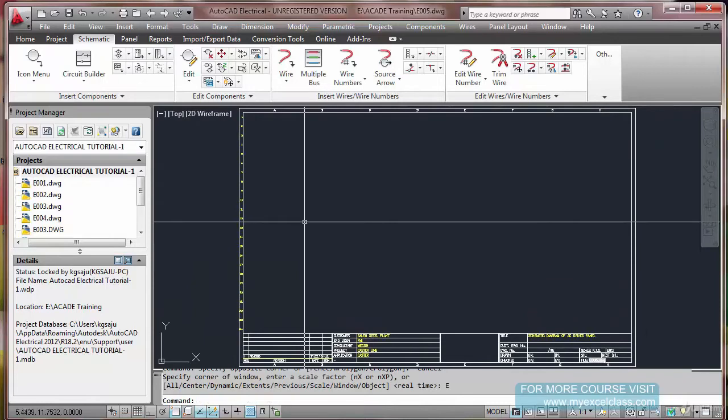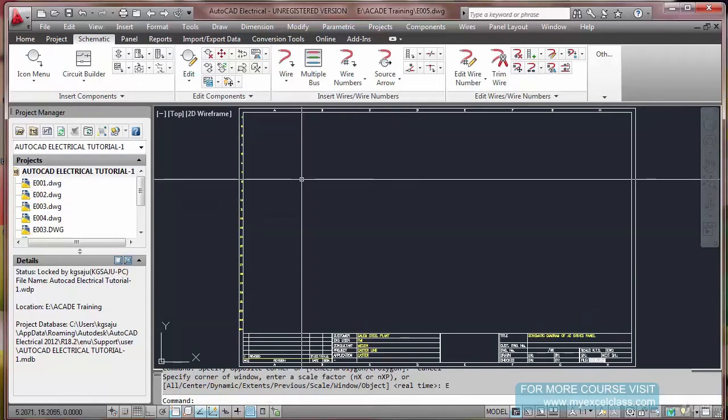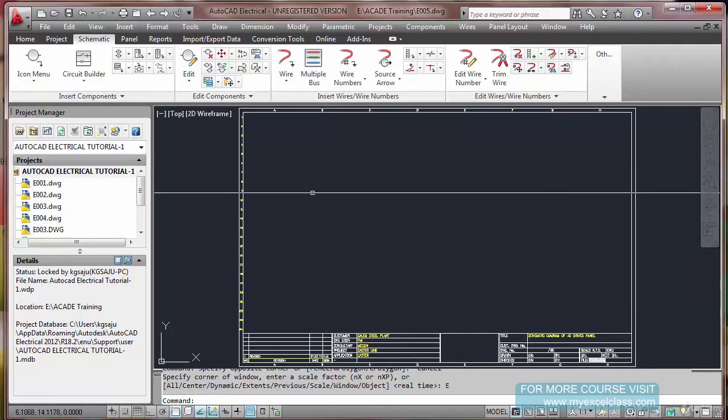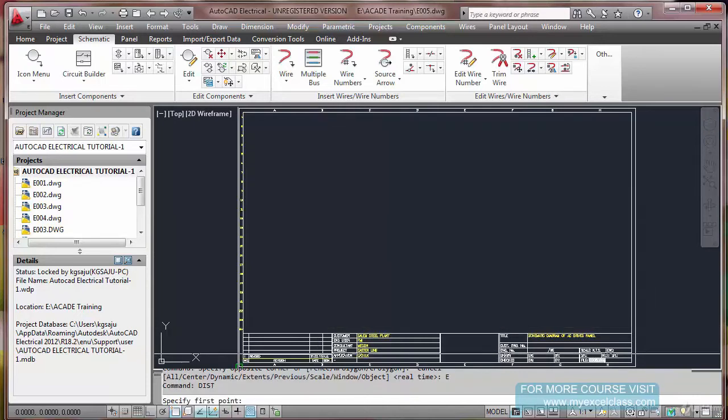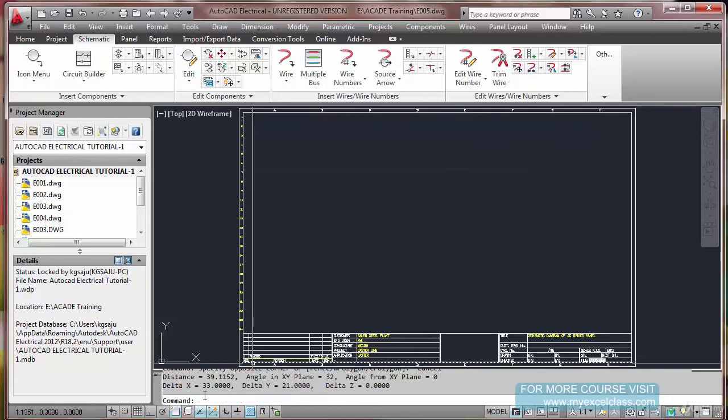Before that, you must be aware that title blocks are of standard sizes. You must be aware of A4 size, A3 size, A0 size, and apart from that, some international standards are there, 11 by 17, 10 by 14, and so on. There are many standards. So as per your requirement, you can create your own title block. If you see this particular title block, this is 33 by 21, I think. Yeah, 33 by 21. Okay.